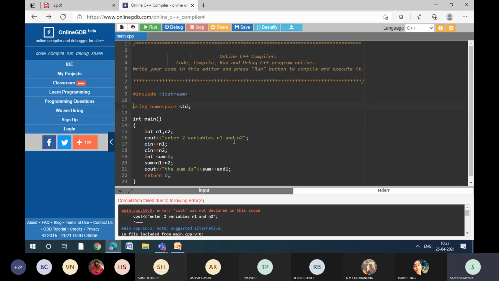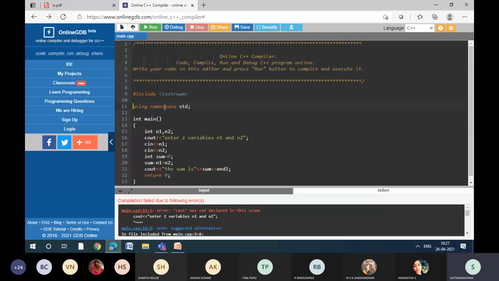When you are correcting the errors in your program, you should not always think that your program is wrong. Sometimes the main statement might be wrong or some statement we need to include also. Most of the time whenever we get an error, we think immediately my program is wrong. No, your program is correct, but here I missed out this. So when I missed out this, obviously I'm getting the error.